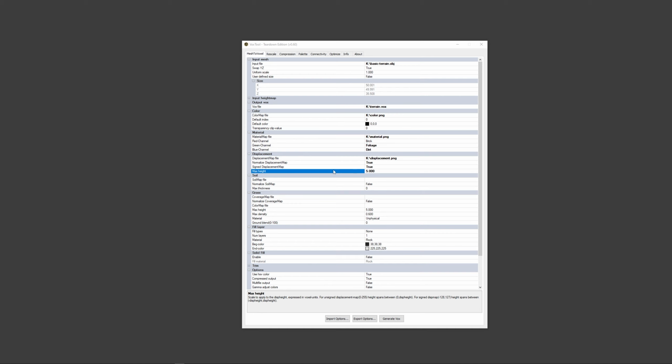In the introduction to Voxtool video, I used really high displacement values. And it's good to keep them fairly reasonable, maybe 4 or 5, maybe 6.